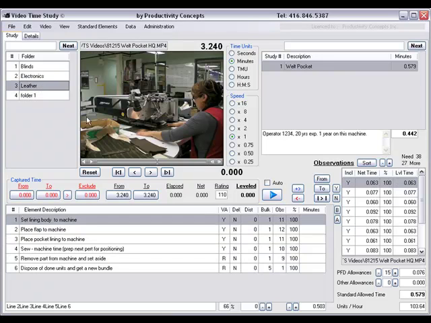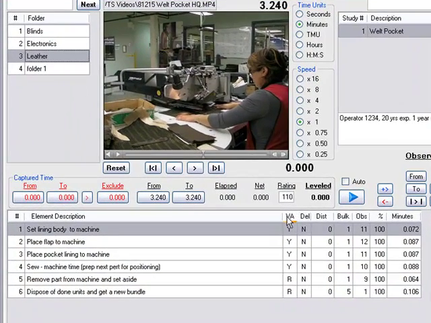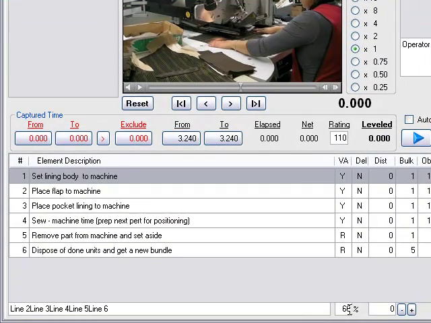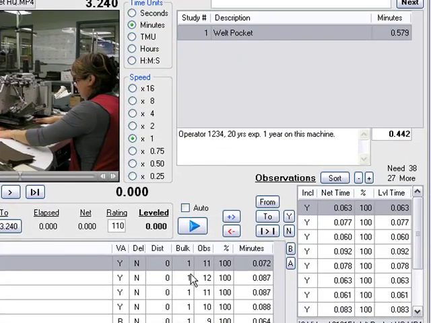Now we'll go back to the study that we looked at before. We have here a value added column. We can mark it yes or required, but no, but required. And it will calculate the percentage of value added. We can also put distance in, and it will tell us the total distance that this job has been moving. So when we make changes, we can see